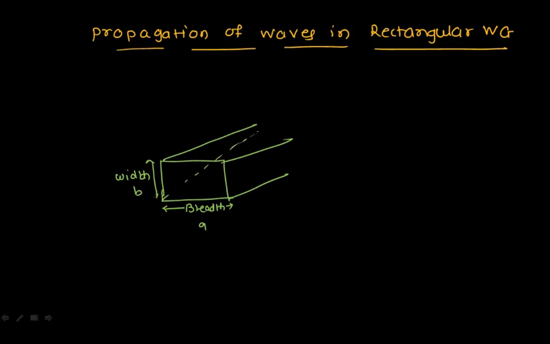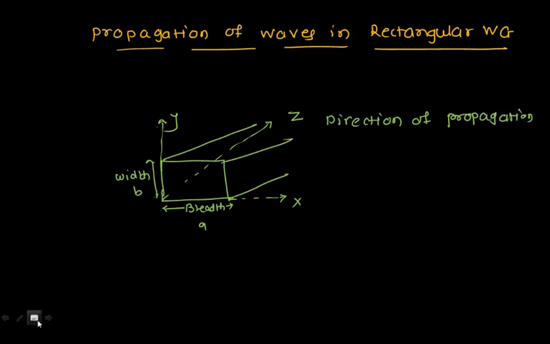And this is the direction of propagation. So this is the Z direction, which we are assuming right now is the direction of propagation. Our waves are propagating in the Z direction. So if this is the Z direction, this will be the X and this will be the Y.